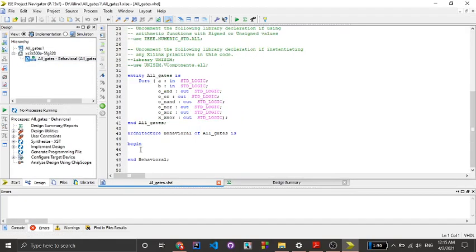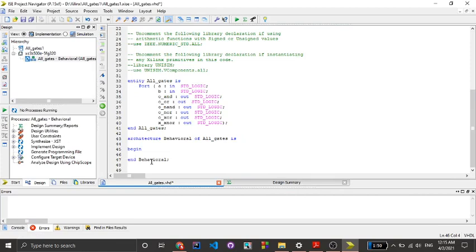So now after the begin part, write some code for getting the desired output.